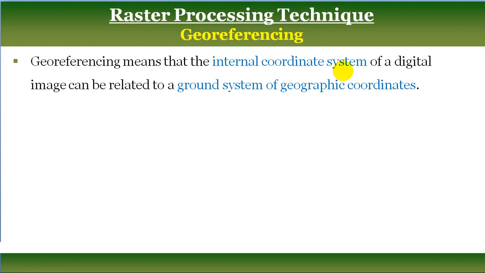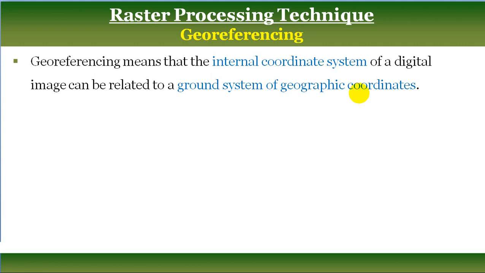So this row column coordinate system will be converted into the geographic coordinates of longitude and latitude. This translation from the internal row column number coordinate system of an image into the longitude latitude coordinate system is called georeferencing.